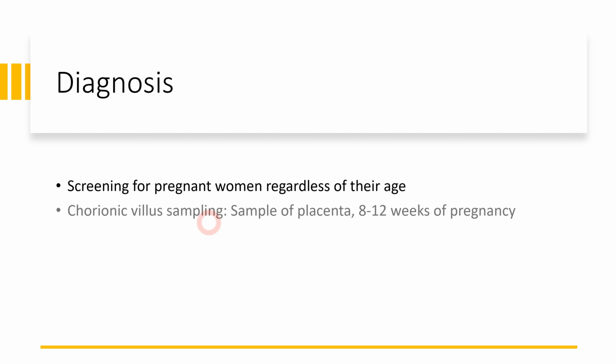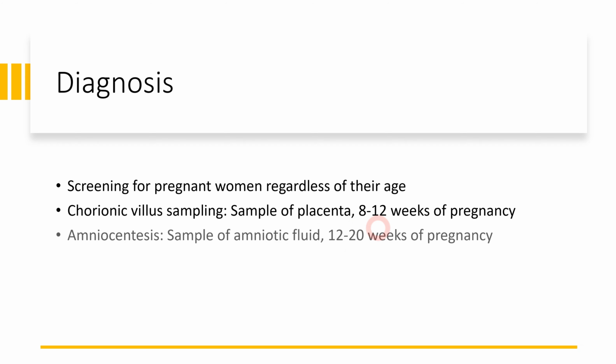How can we do screening? Firstly, we can go for chorionic villus sampling, where a sample of placenta is taken at the 8th to 12th week of pregnancy, and that sample undergoes genetic testing, and then it gives us a diagnosis whether the baby is suffering from any kind of genetic disorder, including Down syndrome as well. Now, amniocentesis is a way where a sample of amniotic fluid is taken at around 12 to 20 weeks of pregnancy, and that also gives us an idea whether the baby is suffering from any kind of genetic disorder, including